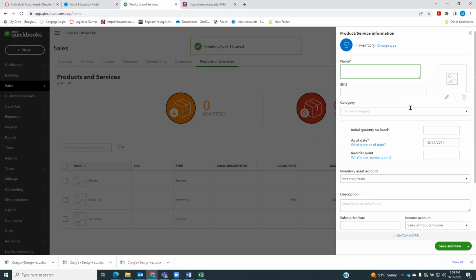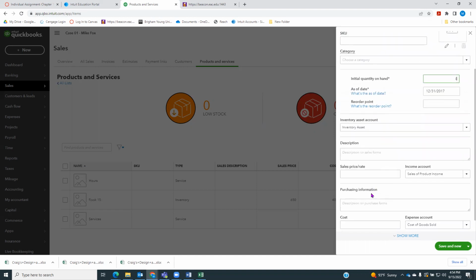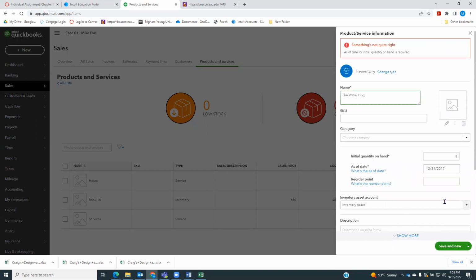Our second one is called the WaterHog. And our initial quantity on hand is 8 as of 12/31/2017. It's an inventory asset. Our sales price on the WaterHog is $860. Cost is $500. We're going to use the income account sales, the one we just added, and the expense account cost of goods sold. And we're good. So we will save and also create